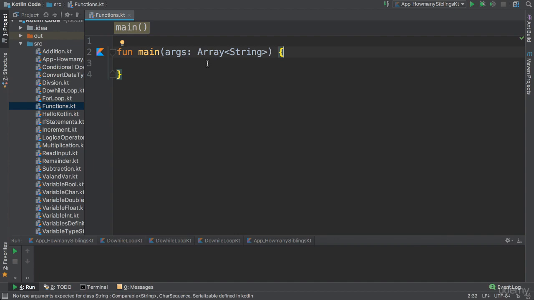So a function is an enclosed entity that allows us to write code in it, and then whenever we want to invoke the code, the logic inside of the entity, we just call the function name. So here is an example of a function. This is our main function, okay? That's our entry point. We create a function by saying